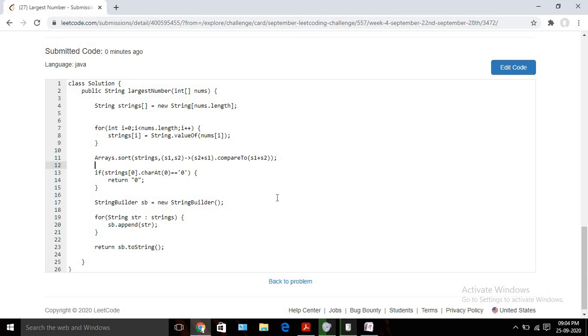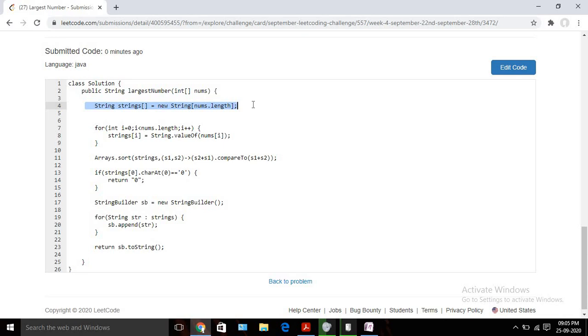Java Arrays.sort uses merge sort, and in the worst case merge sort takes order of n log n time. The last for loop takes order of n. So the overall time complexity will be order of n log n, because sorting takes the maximum time.